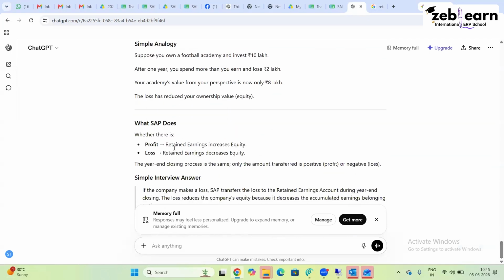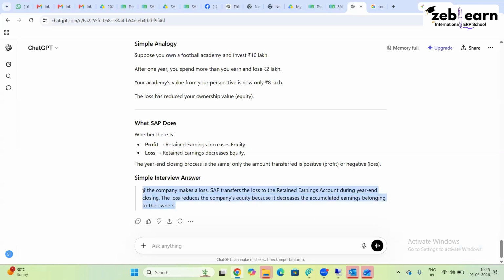What SAP does: whether there is profit, retained earnings increases equity; loss, retained earnings decreases equity. The year end closing process is the same. The only amount transferred is positive or negative. Clear? Yes or no? Everyone. Alekya, read this answer. If the company makes a loss, it is transferred to the retained earnings account during year-end closing. The loss reduces the company equity because it decreases the accumulated earnings belonging to